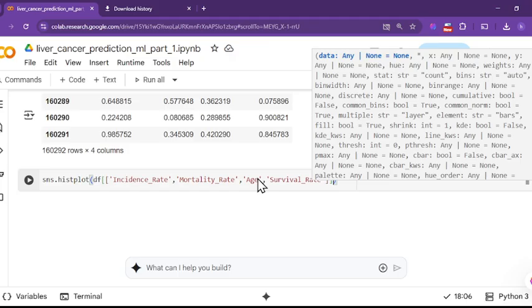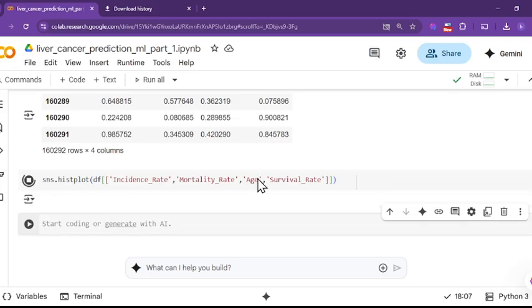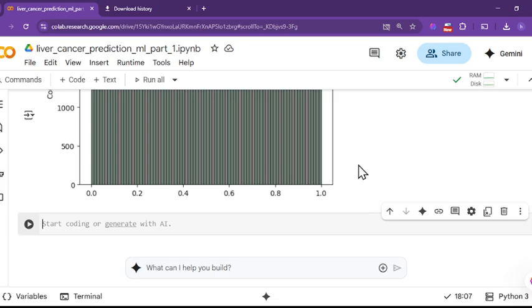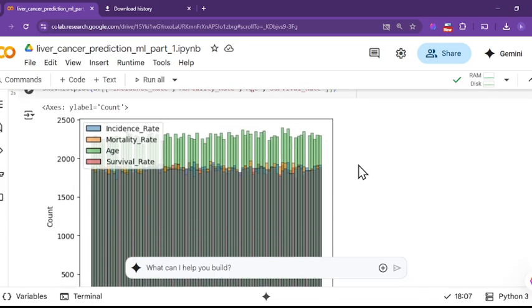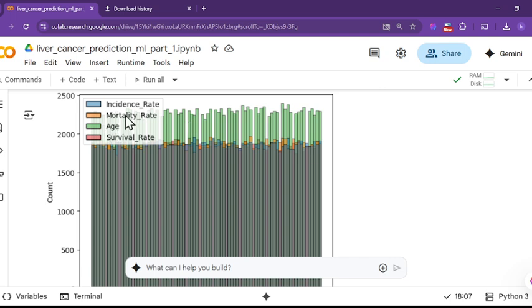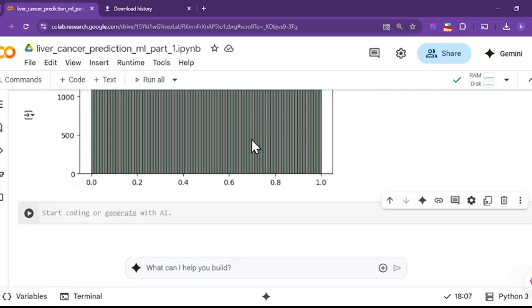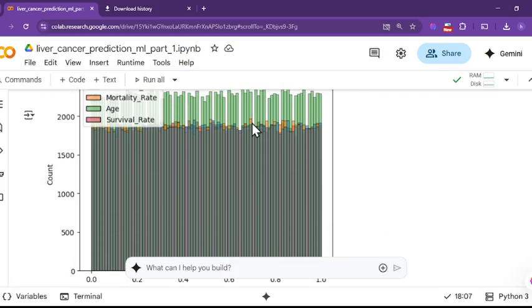Now see, this line has created a hist plot or histogram, that will suggest how the data has varied. So if you see here, this is a legend. We had created a histogram on the selected four columns: incident rate, mortality rate, age, and survival rate. Where the orange color lies, that is the mortality rate, and that should lie in between